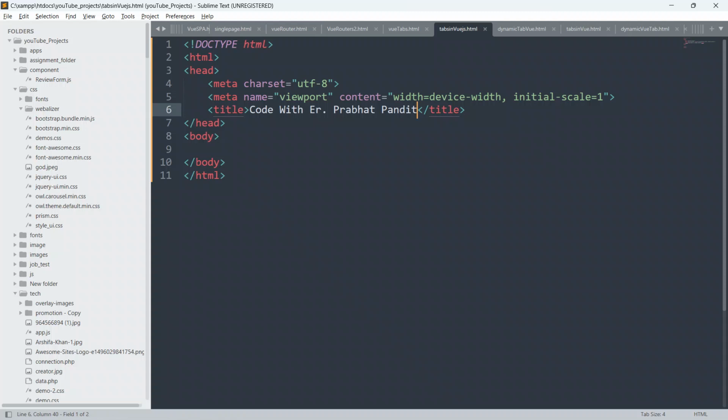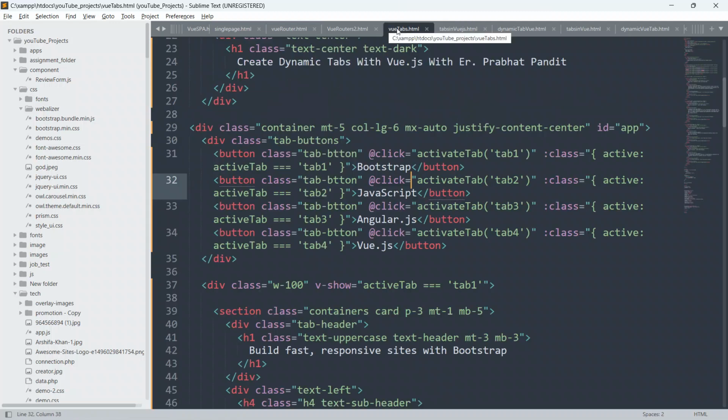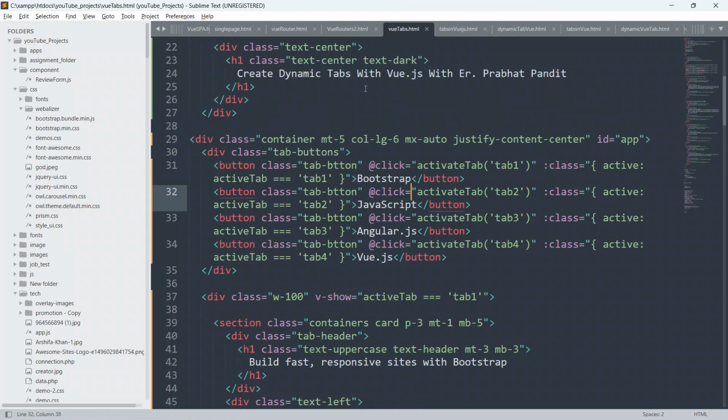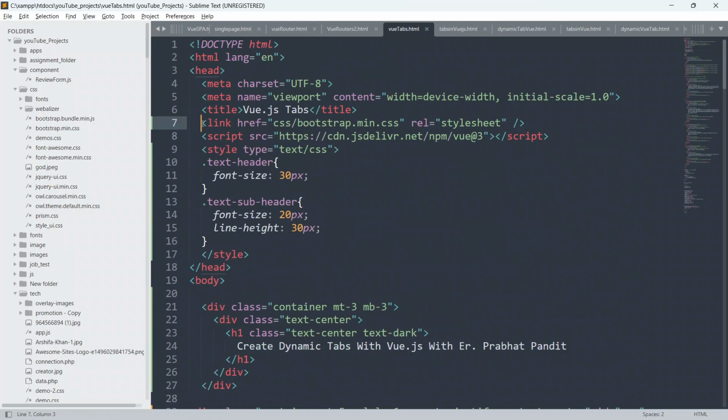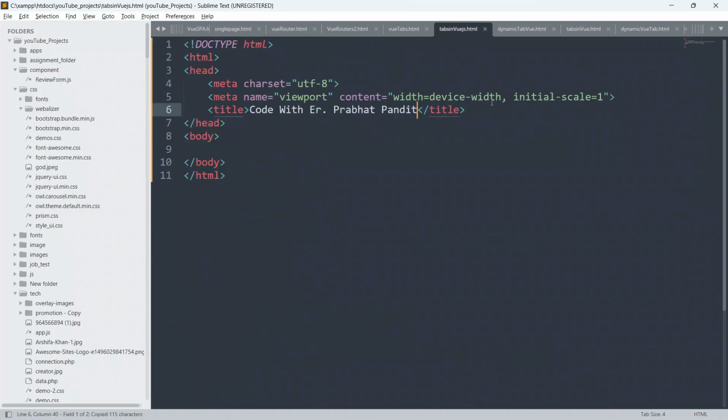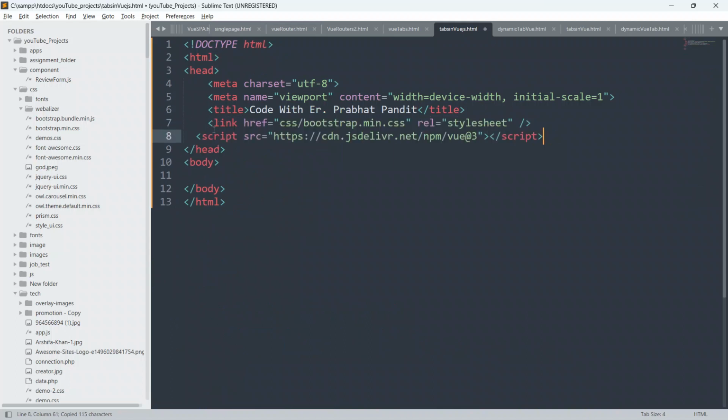Now first of all, I would like to paste some of the CDN links from the previous example, just to save our time. So let me go to the previous example first. I will copy these CDN links from here, and I will explain them also, so don't worry, and paste them here.